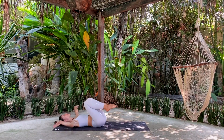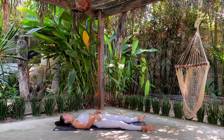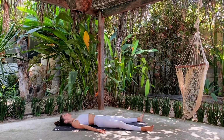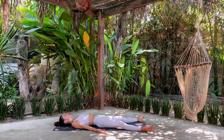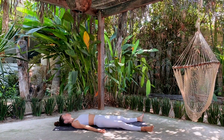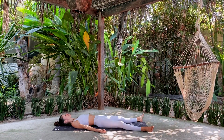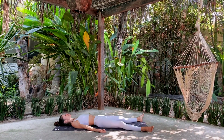Extend the legs away from you, the toes are dropping outwards. Relax the arms next to you with the palms facing up and close your eyes. This is our final resting pose. Relax your whole body all the way from the toes, up the legs to the hips. Relax your lower back,